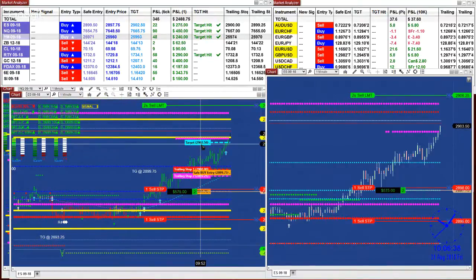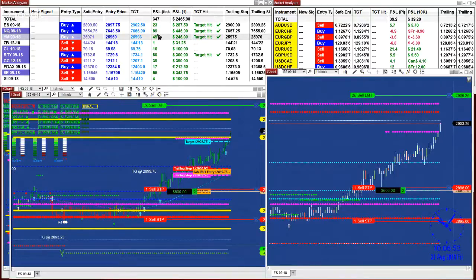If you don't want to mess with it, you don't need to mess with it. You can just put in entry and exit. At the moment, if we look at this market analyzer, based on one contract, we have 23 ticks on the ES. We have 90 ticks on the